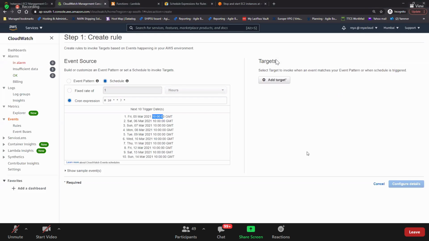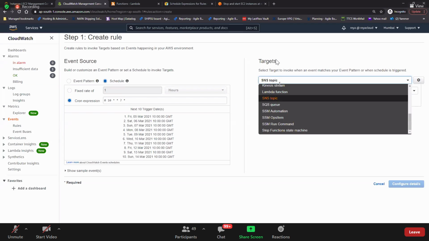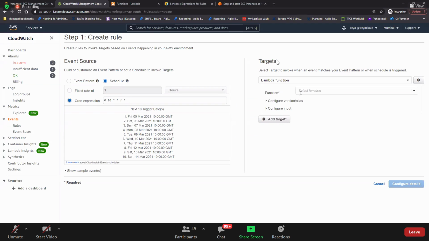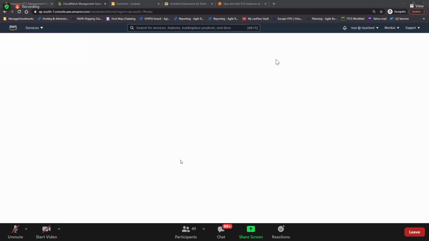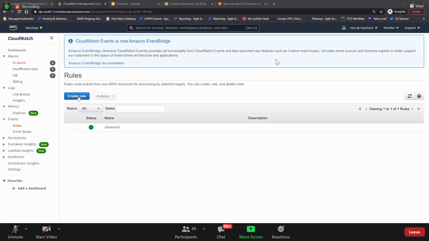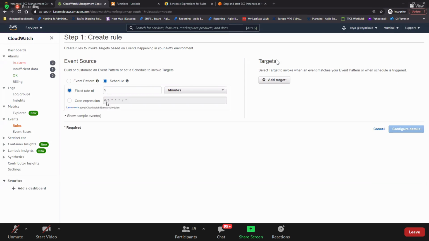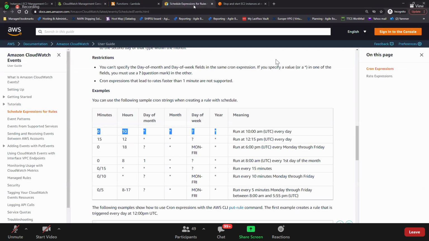Now here, exactly at 10 a.m., at target, which one do we need to send to? The Lambda function. So I need to refresh it. So exactly at 10 a.m. or 10 p.m., whatever, create rule, schedule, cron expression.